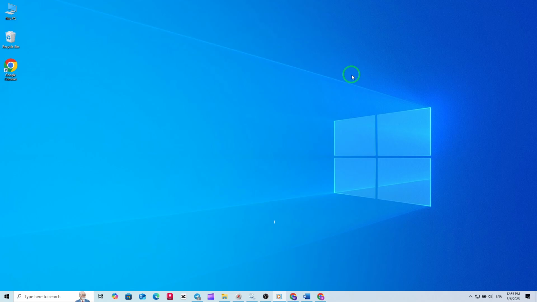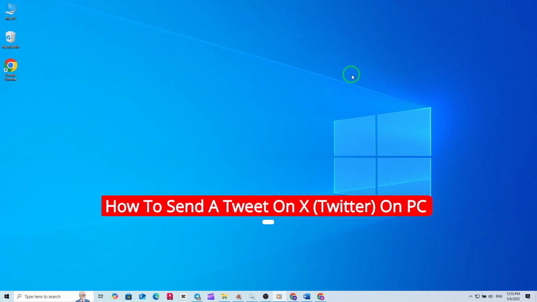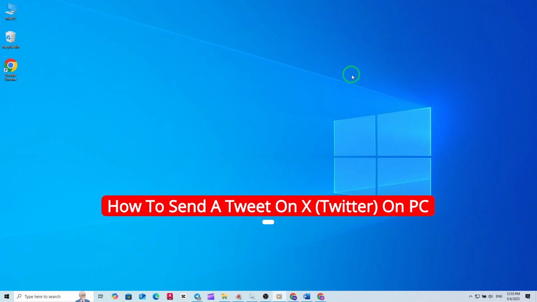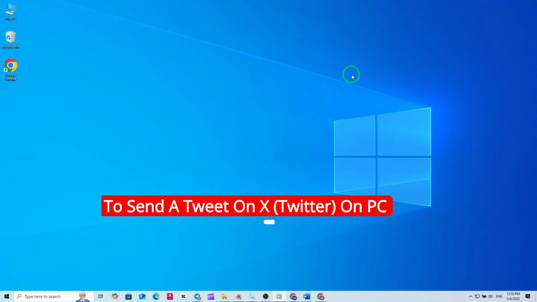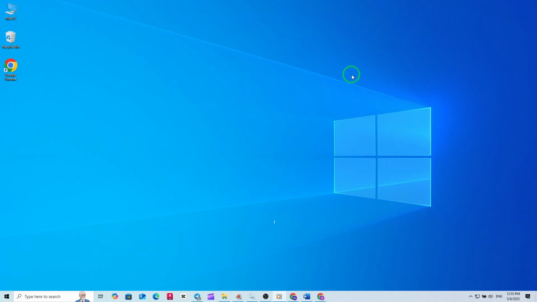Welcome. If you want to know how to send a tweet to someone on X, formerly known as Twitter, using your PC and the latest update, you're in the right place. Today, I'll walk you through the simple steps to share someone else's tweet directly with your friends or followers using